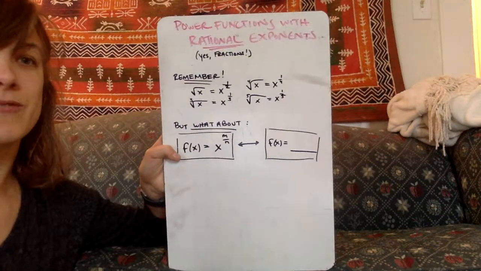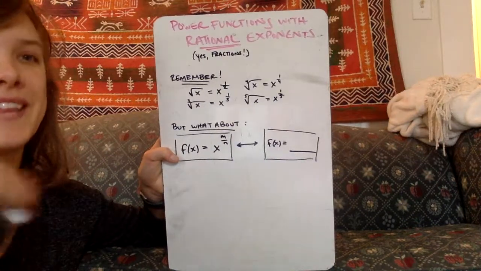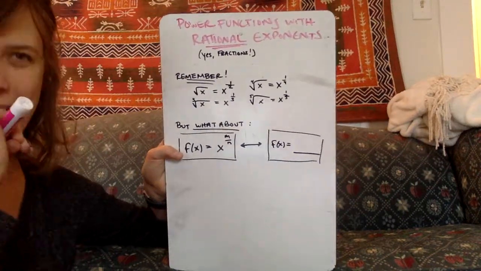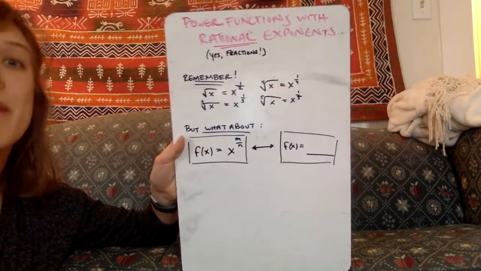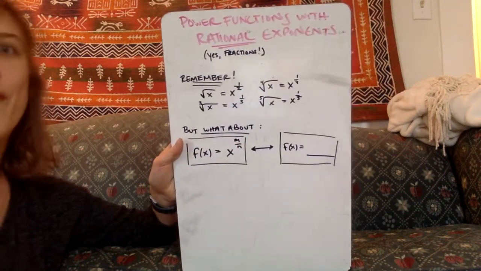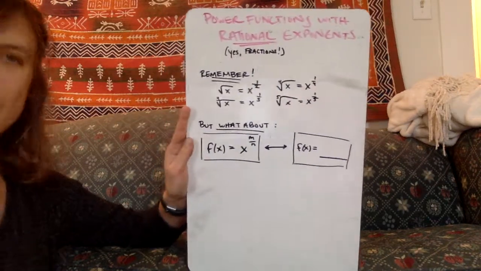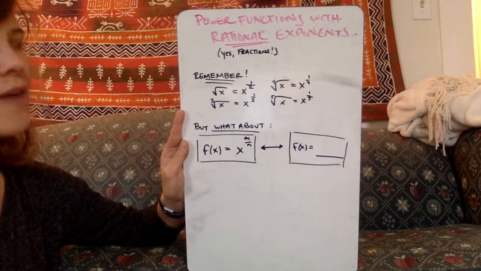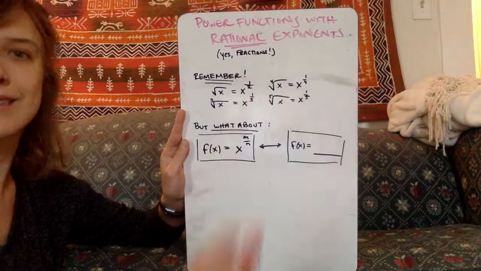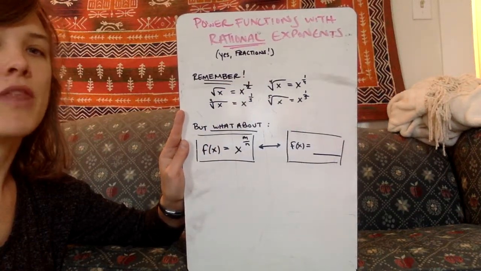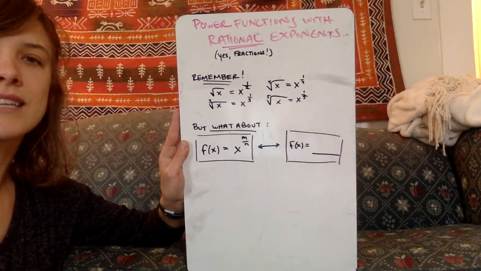Okay, so really quick, we're going to do power functions when the exponent is a fraction. And I know so many of you love fractions, and remember that these are also called rational exponents. To review, when I have a rational or fractional exponent, like x to the 1/2, x to the 1/3, x to the 1/4, x to the 1/5, I can translate these into